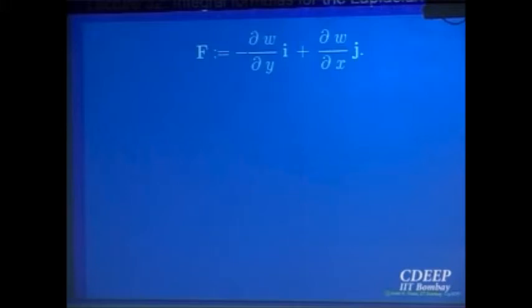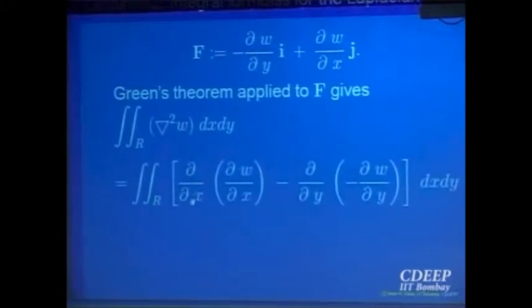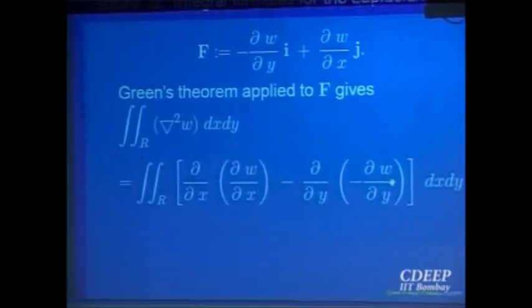Once we apply Green's theorem to this vector field, what will be the right hand side, the double integral? There will be the partial derivative of this minus the partial derivative of that over the region enclosed. So let us apply that. That is nothing but the Laplacian actually. So let us see the Laplacian of w. I can write it as the partial derivative with respect to x, minus, I have put the minus sign inside here. So the Laplacian, which is the second order partial derivative of w with respect to x plus the second order partial derivative of w with respect to y, is written in this way.